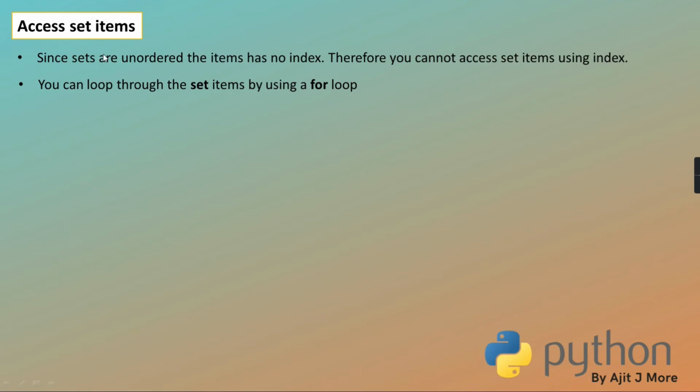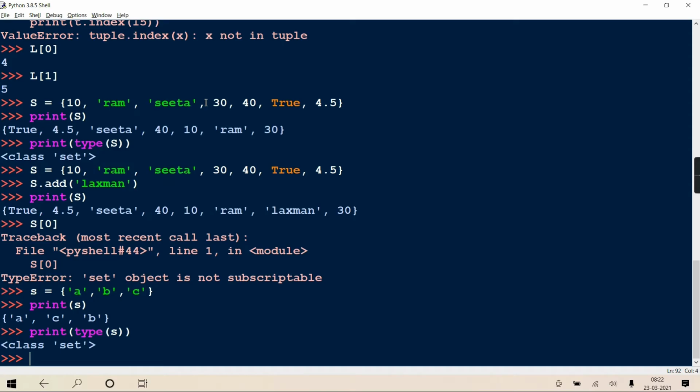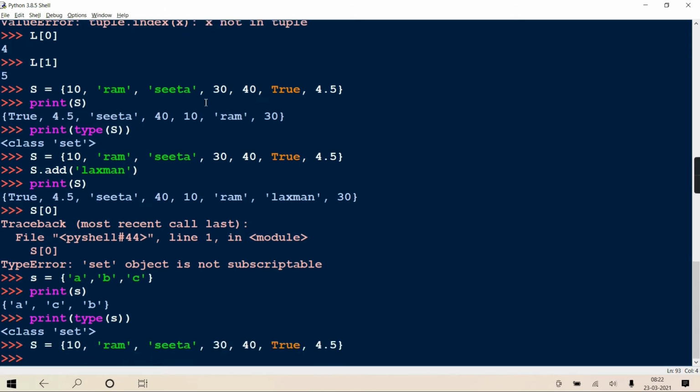Getting? So you can loop through the set one by one, but when you put it in a for loop and try to access elements one by one, there is no guarantee in which sequence you'll get them. So a standard for loop you can use. See, this is our set, for a temporary object in set object.